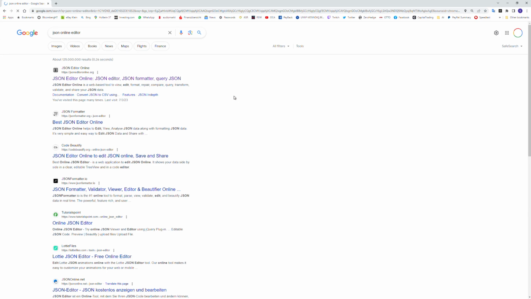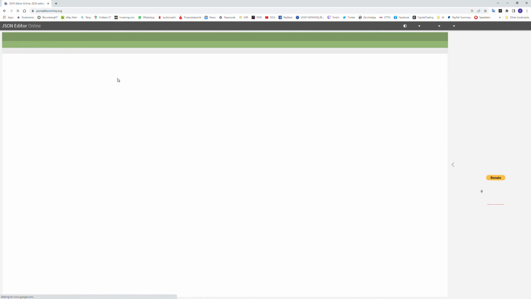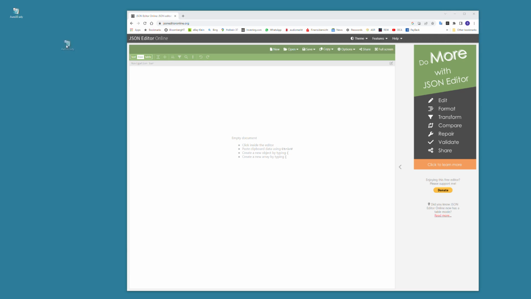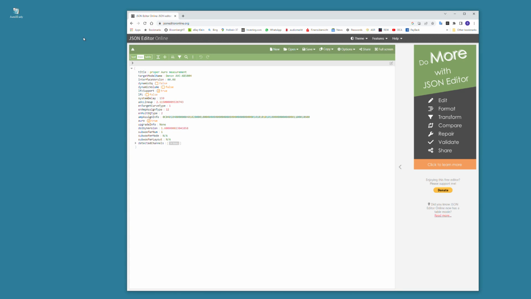Once you have the ADY file in your computer, open your web browser, search for JSON Online Editor, and the first hit is a very good online editor. Drop your ADY file into the browser. This ADY file, in fact, is a JSON file, and this is inside your Multi-EQ Editor measurement. As you see, Auro is ticked as true. 14 detected channels. Channel 0 is front left channel, command ID FL, and the response data, there are 8 different measurement positions for the microphone. Measurement 0 is the central position, and the other 7 are following microphone positions for front left channel.